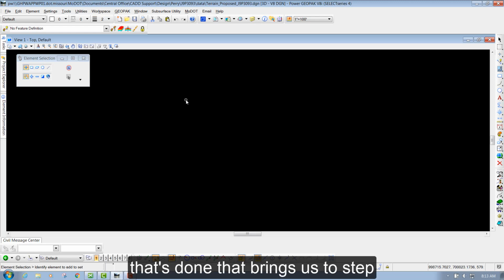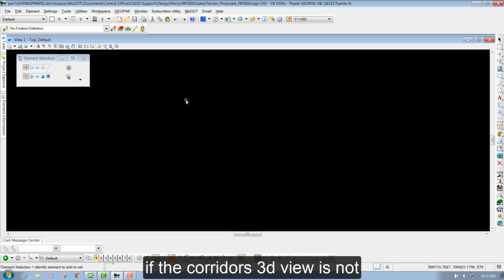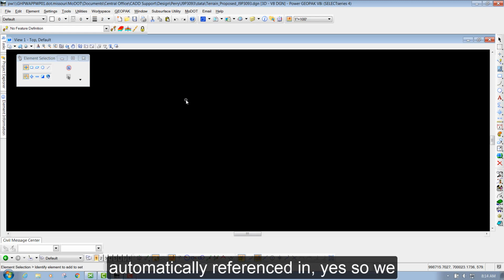Okay, so once that's done, that brings us to step number 4. In here, we're going to again reference in our corridors file. We want the default 2D file, our view. And there's some notes in there. If the corridors 3D view is not automatically referenced in, yes, so we need to bring in our